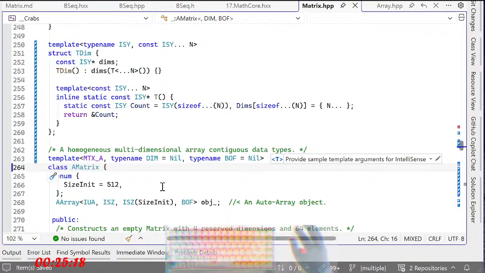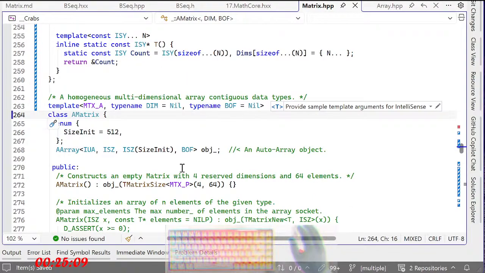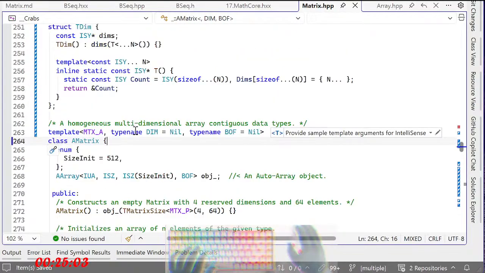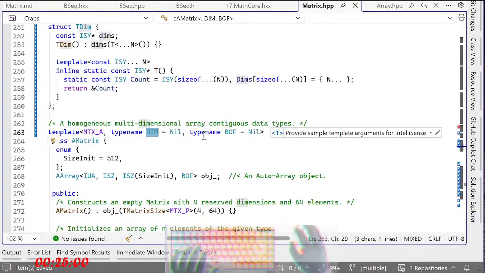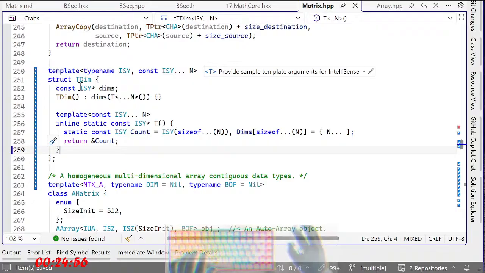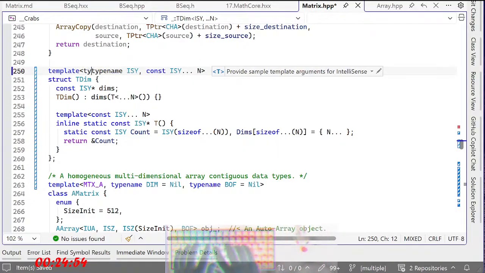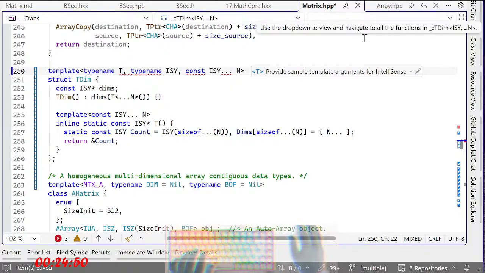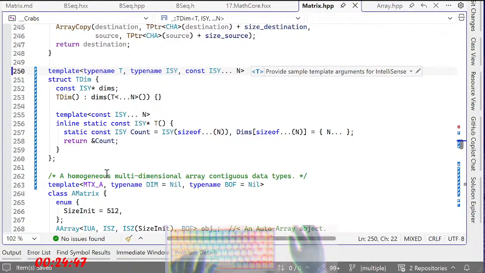So the A matrix means it's the auto matrix, meaning that it auto grows from stack to a heap. Translates into something useful. So the dim, this could be, let's do typename T. And then we'll do